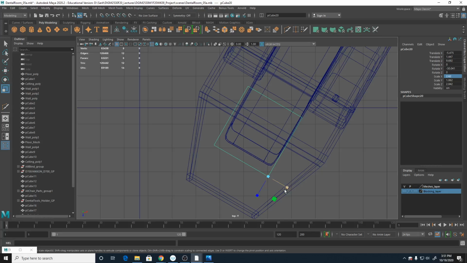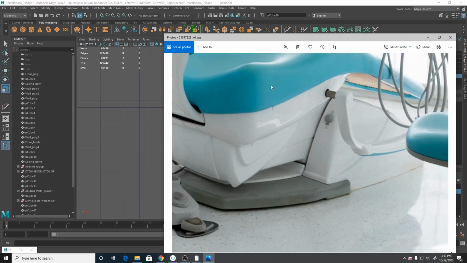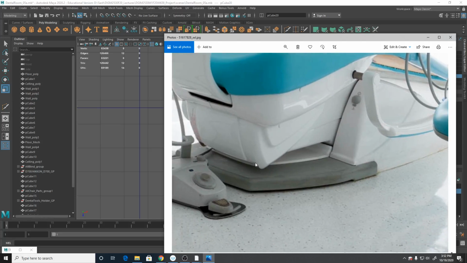So we're gonna scale it down a little more. It's about touching. A little overlap is fine. Here we go. The reason is because I'm gonna add another extrude to extend this section out